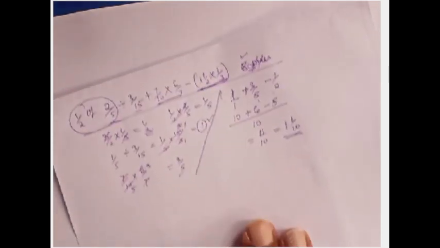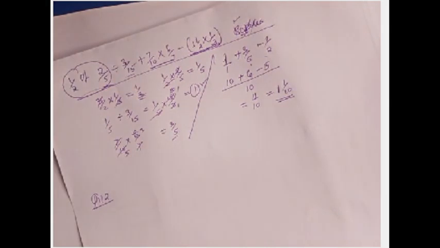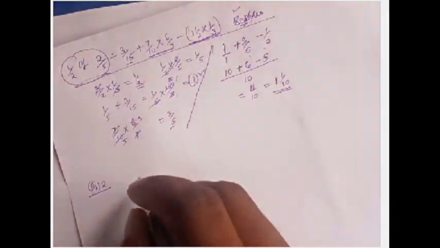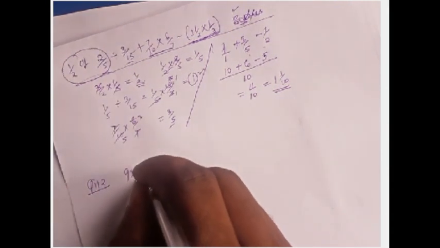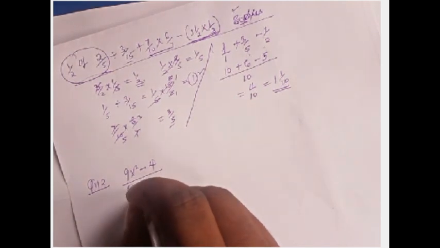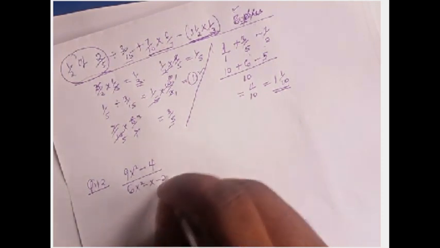Question 2. We are told to simplify the expression: 9x squared minus 4 divided by 6x squared minus x minus 2. So let's start by